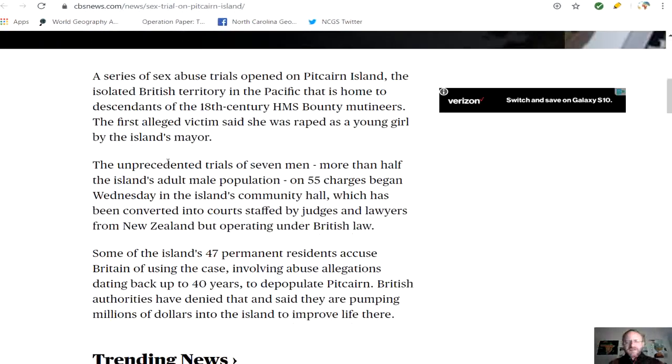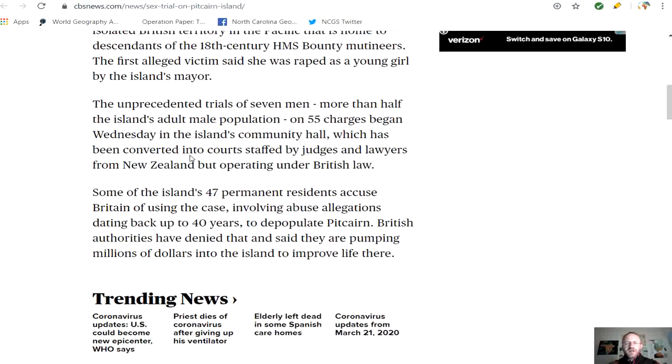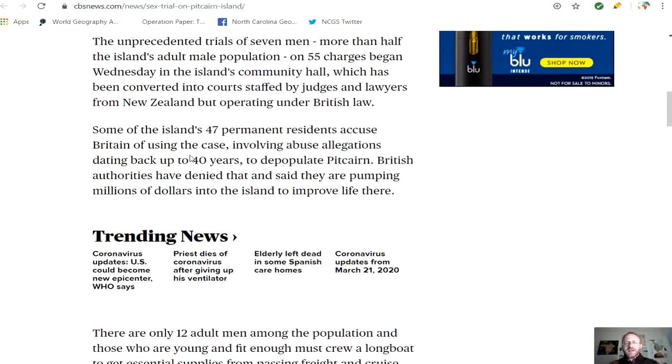A series of sexual abuse trials opened on Pitcairn Island, the isolated British territory in the Pacific that is home to descendants of the 18th century HMS Bounty mutineers. The first alleged victim said she was raped as a young girl by the island's mayor. The unprecedented trial of 7 men, more than half the island's adult population, on 55 charges began Wednesday in the